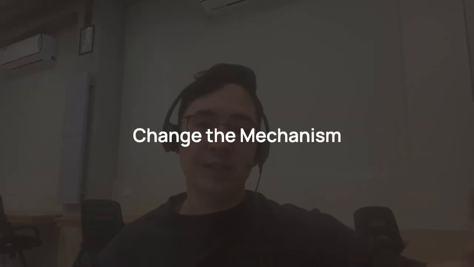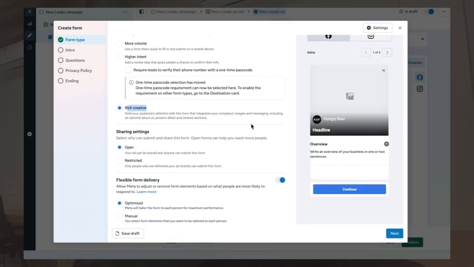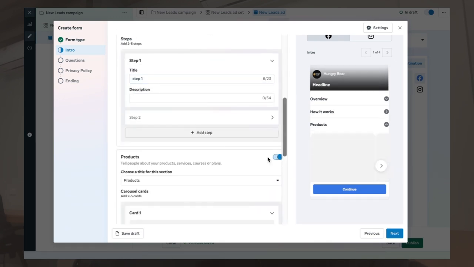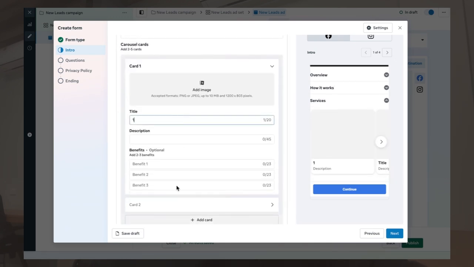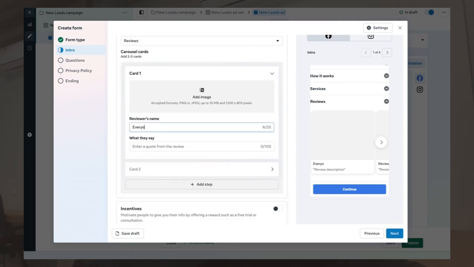So one thing you can do is try to use lead forms rather than landing pages. I know everybody hates lead forms because they think that they bring in trash leads only, but it doesn't have to be like that. You can use rich lead forms to basically replicate a lot of what you can do on a landing page. So you can add testimonials, you can add more information about the contents of it, you can add dot points, you can even add an incentive on a rich lead form, and that helps you replicate